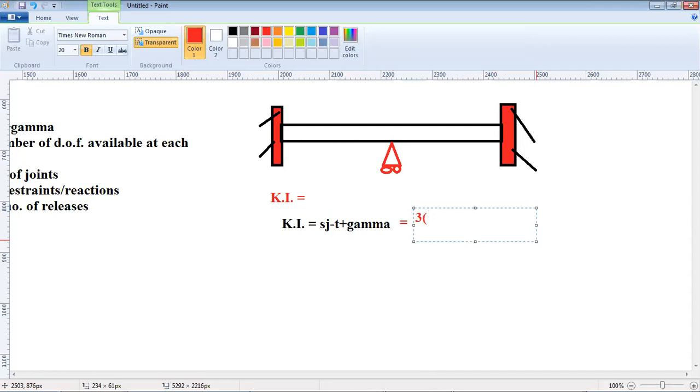Maximum is 3. J is the number of joints. Joints are 3 here. Then it's minus T. What is T? It's the restraints. The number of restraints. Now, how many restraints are there here? How many restraints are there? Here 1, 2, and 4, 5,